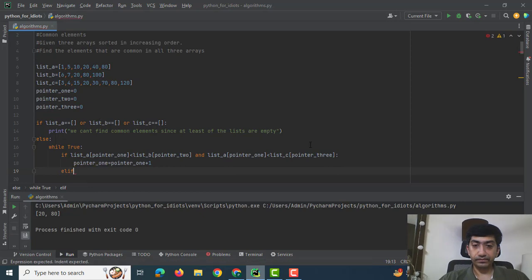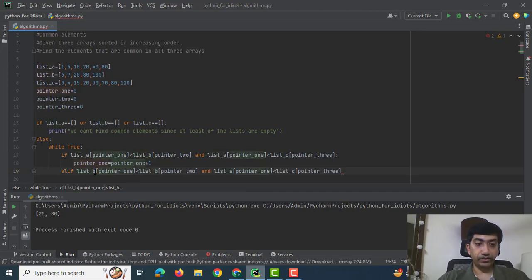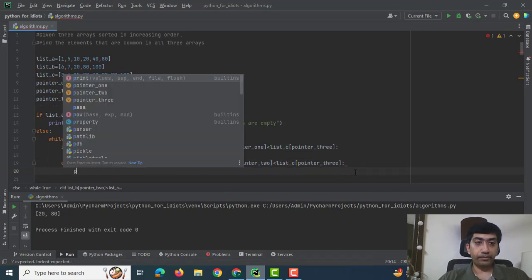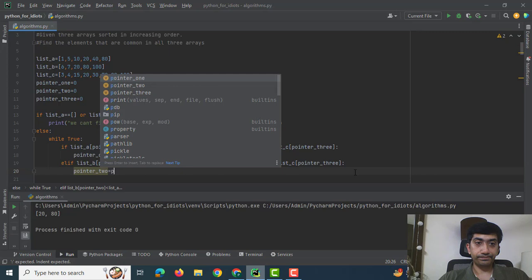Similarly, if the value of list B at a particular index is lesser than the value of list A at a particular index, and the value of list B at a particular index is lesser than the value of list C at a particular index, then I would increment the pointer 2 by 1 point.